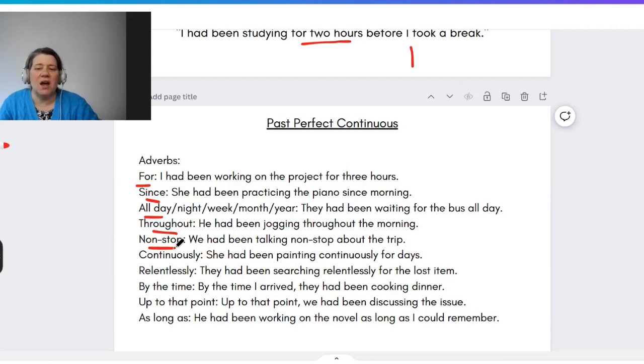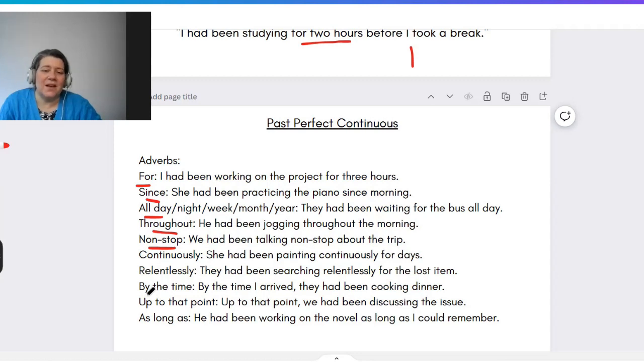We had been talking nonstop about the trip. So I'm telling a story, and then it occurs to me, oh, I need to set the stage a little bit. Oh, yeah, we'd been talking about this when my husband forgot. Okay. Continuously,